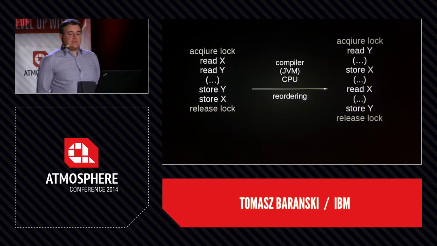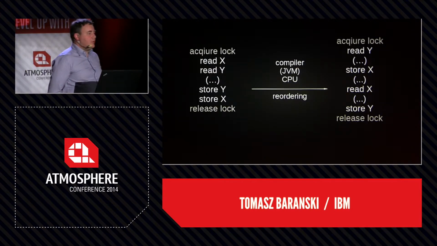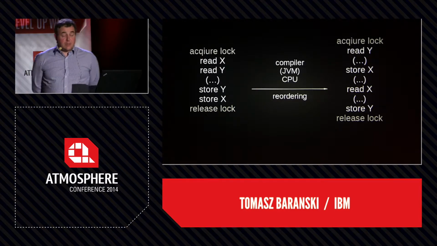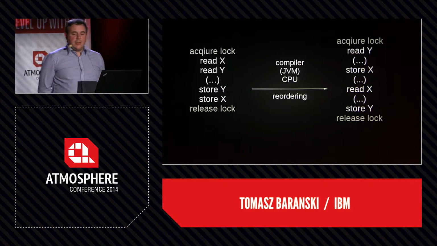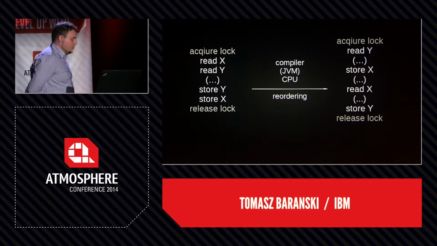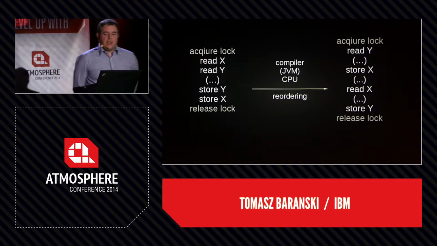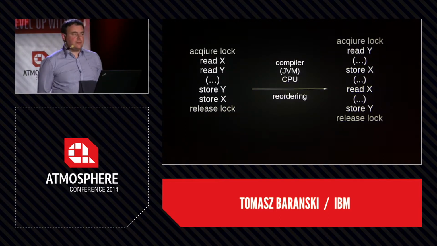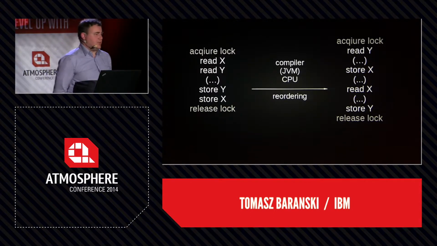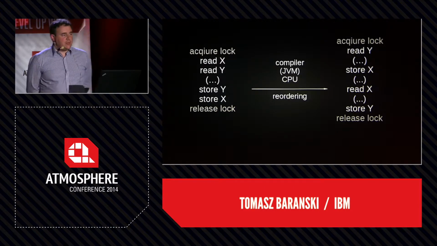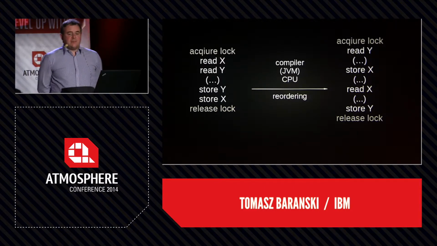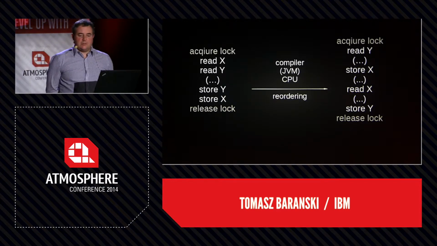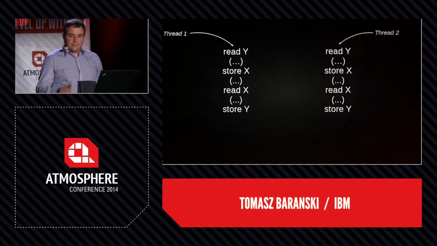But there is such a thing as reordering. A compiler can reorder your instructions, and a CPU can and will reorder your instructions. A JVM, if you're running on the Java platform, will reorder your instructions, and what would probably happen is that all those reads and stores will be in a completely different order than you intended. If you have locks, that's not really a problem, because nobody can interrupt you, nobody can do anything else with those variables if they're in the critical section.